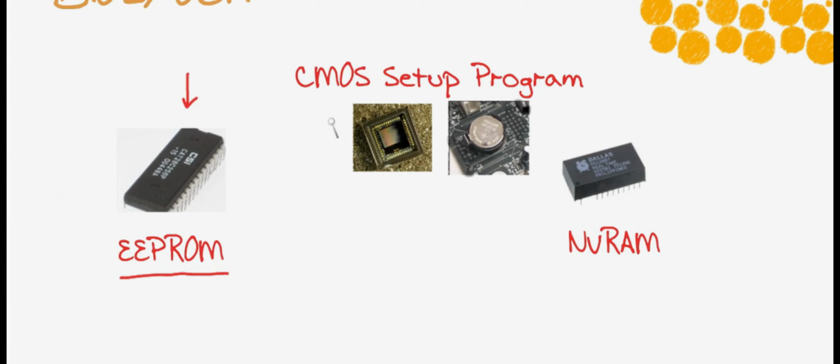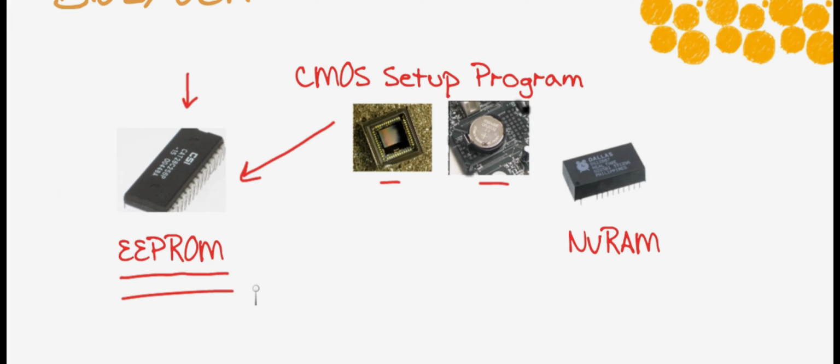Now, how do we interact with the information in there? Well, that's with something called the CMOS setup program. By the way, you might want to know what it stands for. You won't be tested on it, but that's complementary metal oxide semiconductor. Whew, thank goodness we don't have to memorize those kinds of things. So here you can see the little CMOS chip, and it'll famously have a battery that is powering it. And this setup program is how we can interact with the BIOS stored on this chip so that we can change the behavior of the system, or maybe we want to run some diagnostic testing of the system. Maybe we want to monitor things like temperature in the device, or check out the fan speeds